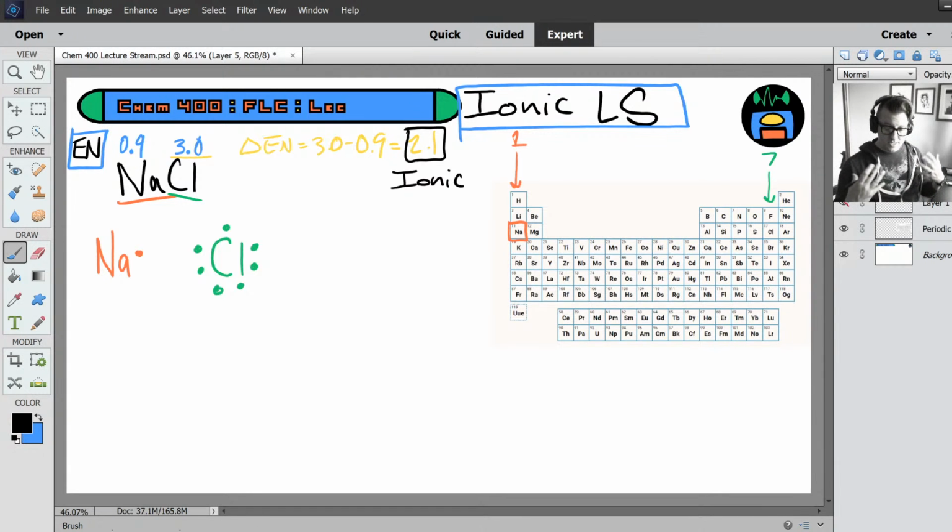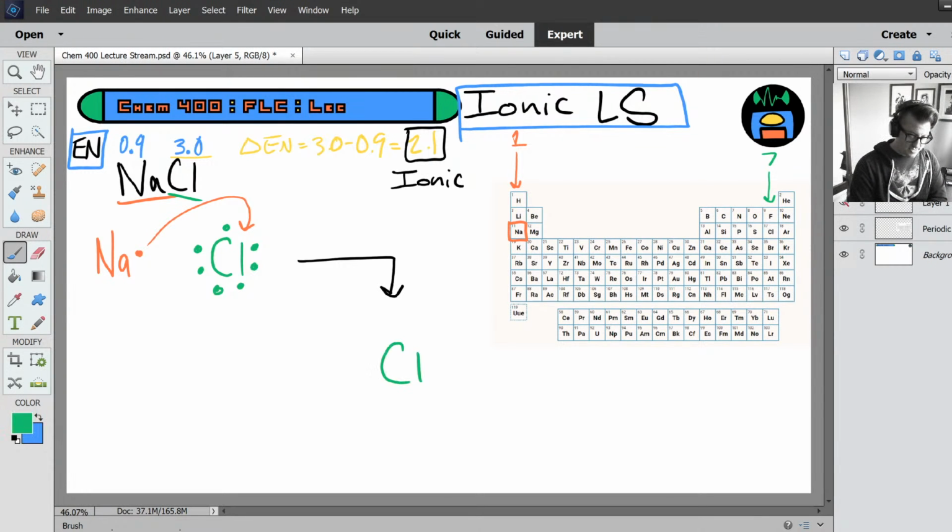Now let's talk about how this actually happens, right? How this physically shakes down, all right? How does a molecule of sodium chloride form? Well, as we already said, chlorine is more electronegative. So chlorine is going to grab sodium's electron and steal it. All right. After chlorine takes sodium's electron,